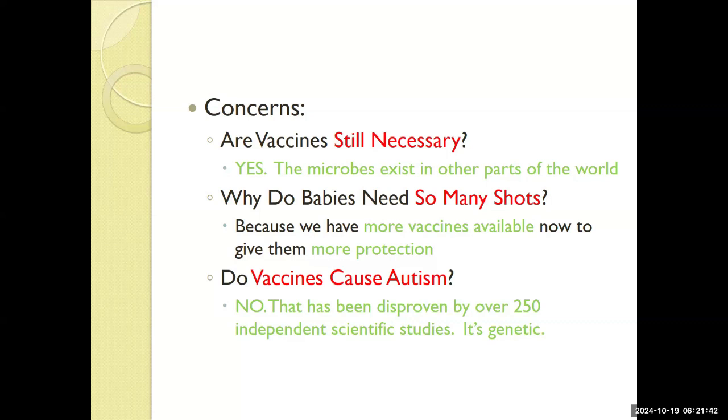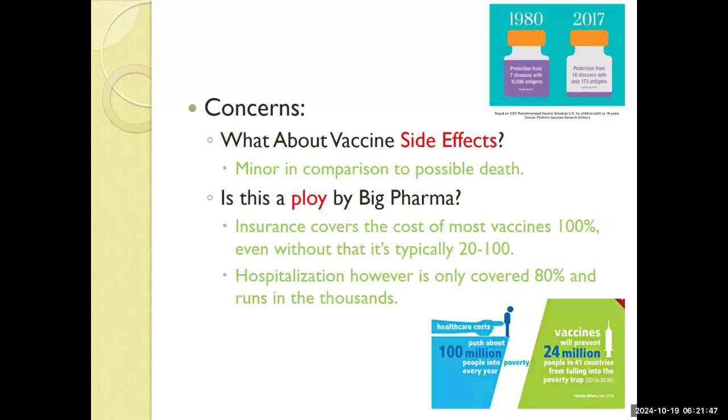Autism is caused by a genetic component. What about side effects? They give you a long list. Those are minor in comparison to possible death, which can come from a number of these diseases. And some wonder if this is a ploy by Big Pharma to make money off of you. Keep in mind that most vaccines are covered by your insurance 100%. And so if you really want to stick it to Big Pharma and the capitalistic man, get your vaccine, because that's how you save money. If you're hospitalized, even the best insurance policies only cover about 80%, and even a single night stay can run in the